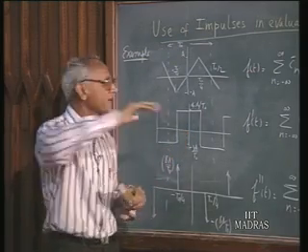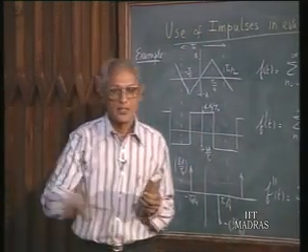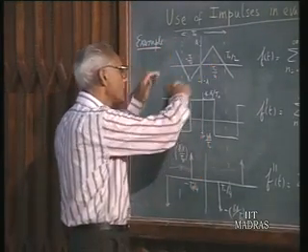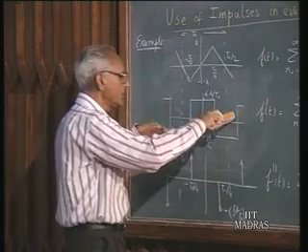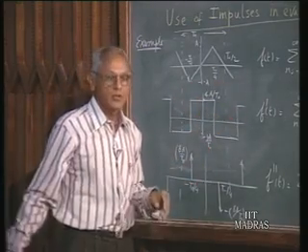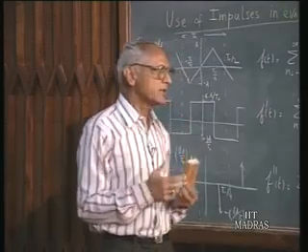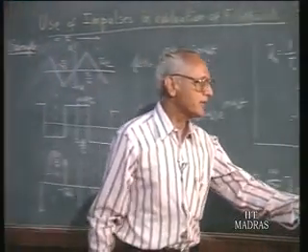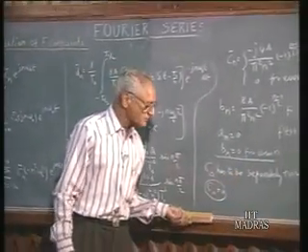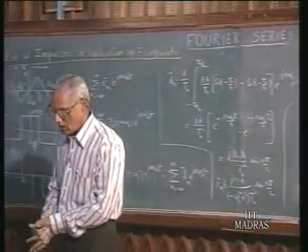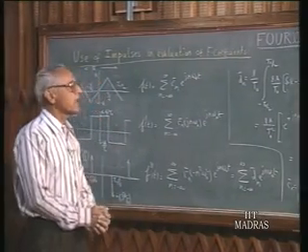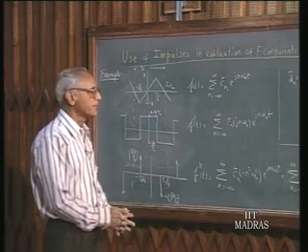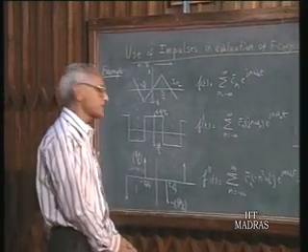And if you have a term like kt in a periodic function, that completely spoils the periodicity of the function. Therefore, if it is a periodic function, you can't have a kt term here, so you can't have a constant term here as a derivative of this. Therefore, there is no trouble on that score. The only trouble can come because the C naught that is here can get lost, and that has to be separately evaluated, and in this case the constant term is 0. So this example illustrates how the Fourier coefficients can sometimes be evaluated by taking the first or second derivative as the case may be, and making use of a function which has only impulses